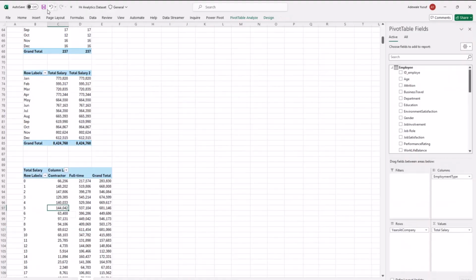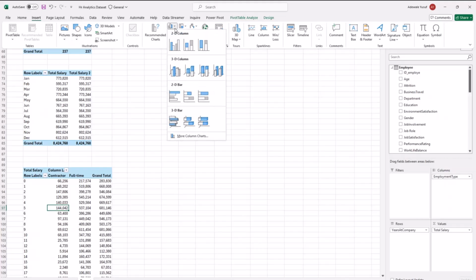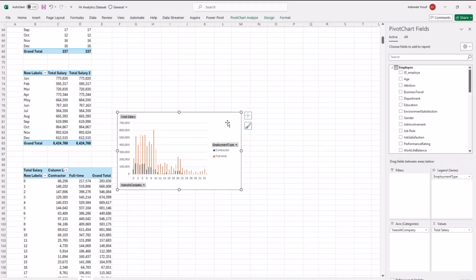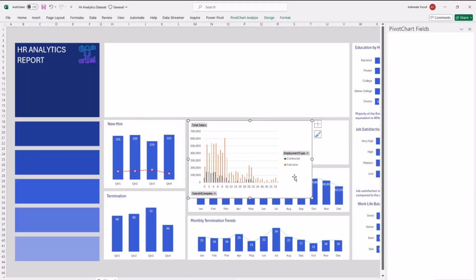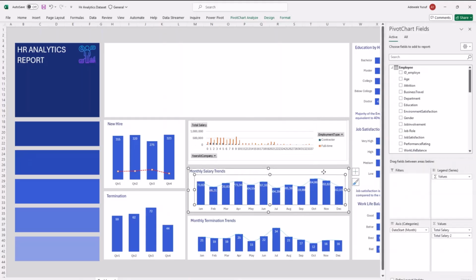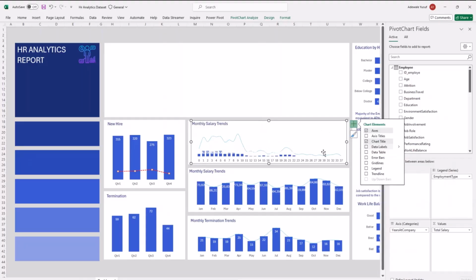So this one, I'm going to go to insert again and then create another report and then select this guy. Copy this guy again to my dashboard. And here, I'm going to copy this visual that I have here, copy, paste it on it. Now, once I paste this on it, this is not the type of chart I want for this one. And I don't also need a data label for this one.